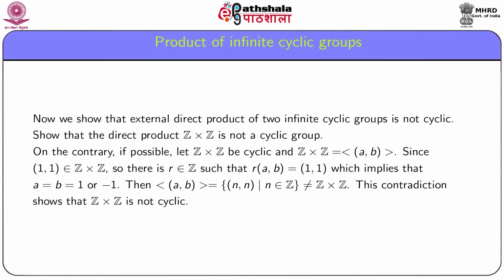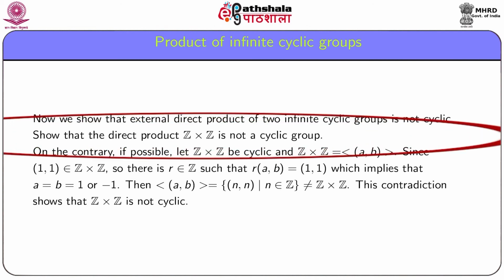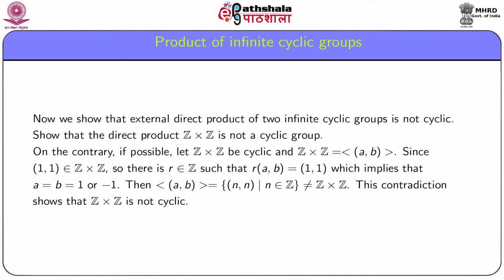Recall that every infinite cyclic group is isomorphic to Z. So, it is better to consider Z cross Z. We show that Z cross Z is not a cyclic group. On the contrary, if possible, let Z cross Z be cyclic and generated by (a,b). Then the element (1,1) of Z cross Z